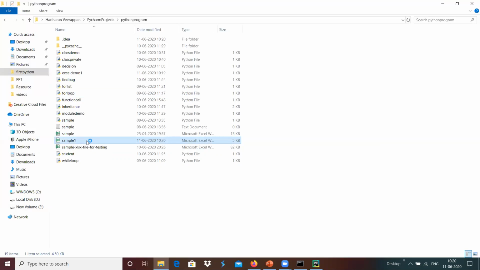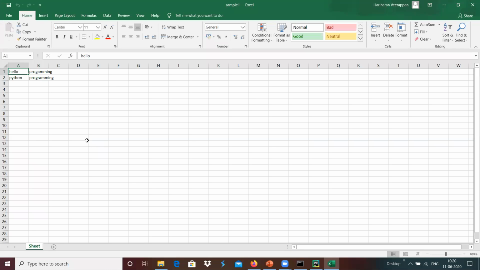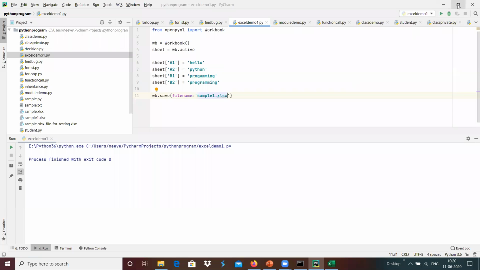When we open this file in Excel, we got A1 updated with hello, and maybe we can open this in parallel.